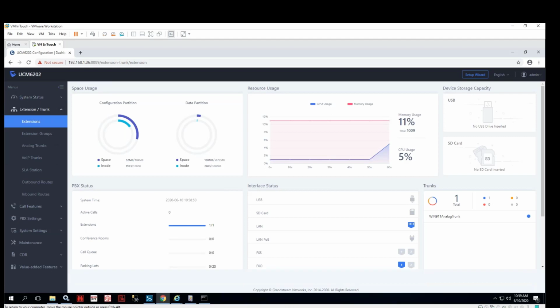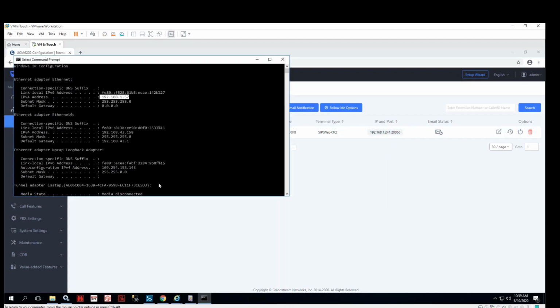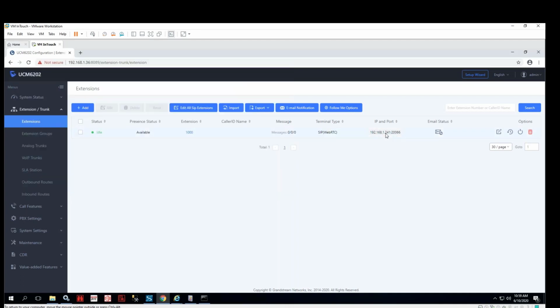In the extensions part, extensions is literally just saying the extension is Win911. And you can see somebody else is registered to my Grandstream. So I told everybody in the company to leave this alone for the day. This is our one Grandstream for all of Win911 to do testing with, but it looks like somebody else might have registered. So you can see my IP address is 1.57, and somebody with 1.241 is registered to my